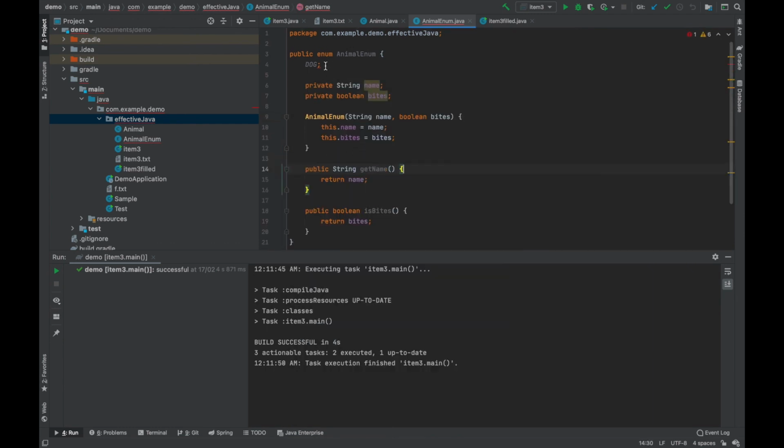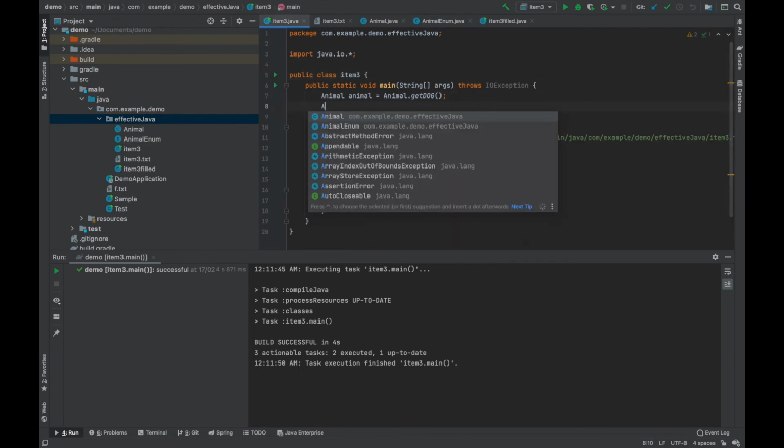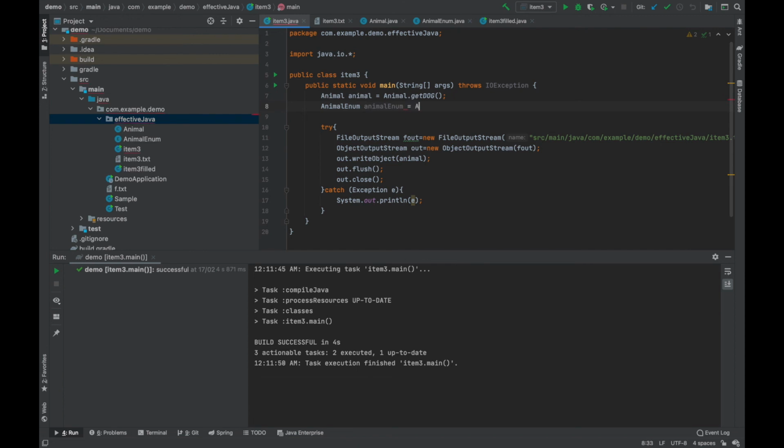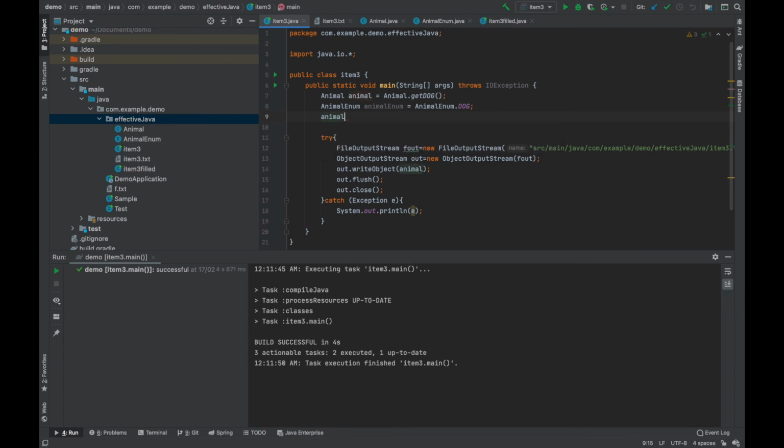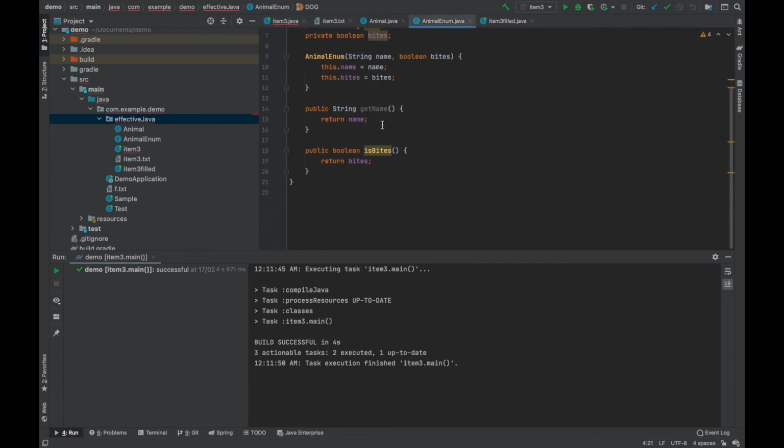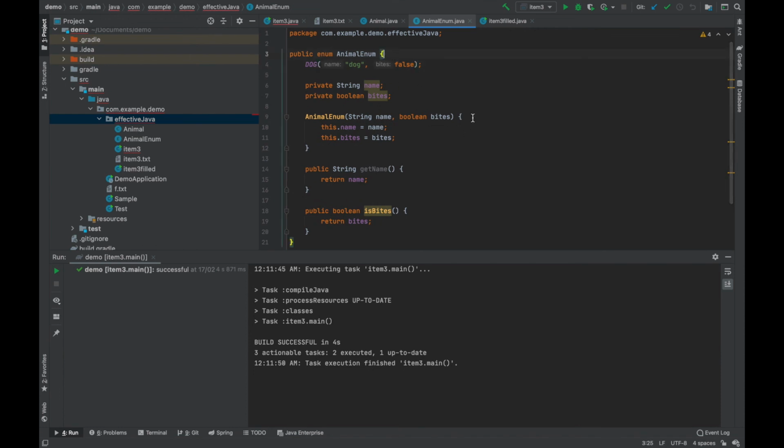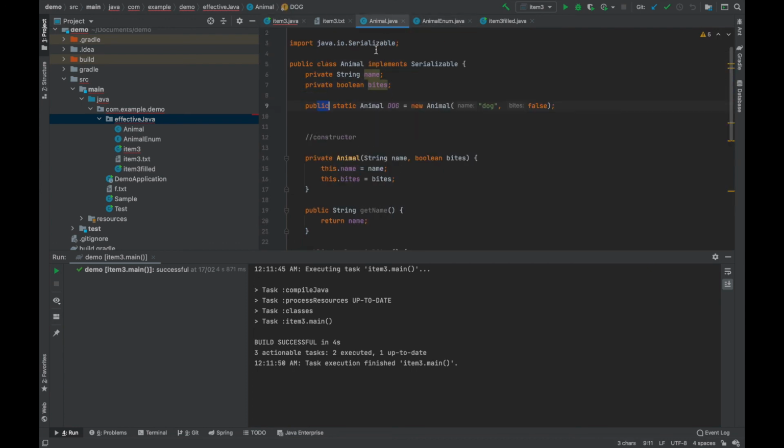Now here I'll have to pass the dog and false. Now I can directly access that AnimalEnum. If I do AnimalEnum.getName, or isBytes is already there. And here you don't have to worry about readResolve and static factory methods and private constructors and all. This will be by default singleton only. So in a practical scenario, having an enum is preferable to having a class with a private constructor and static factory method and all.